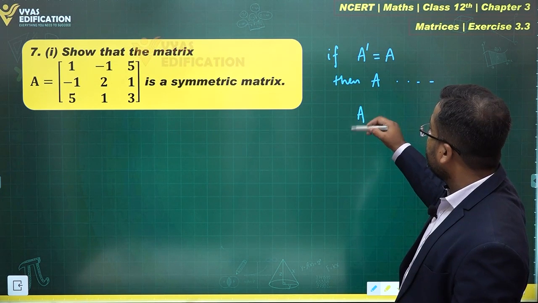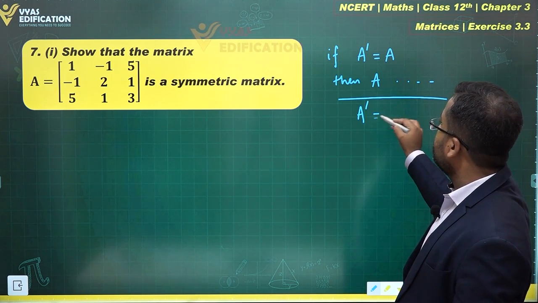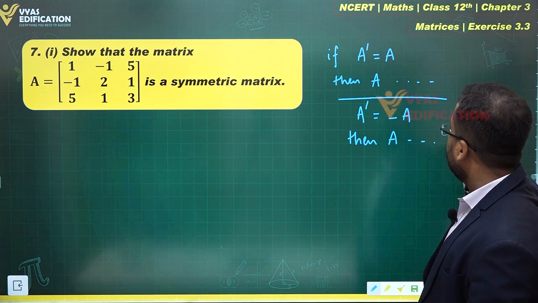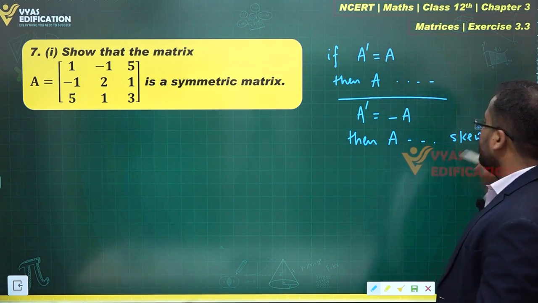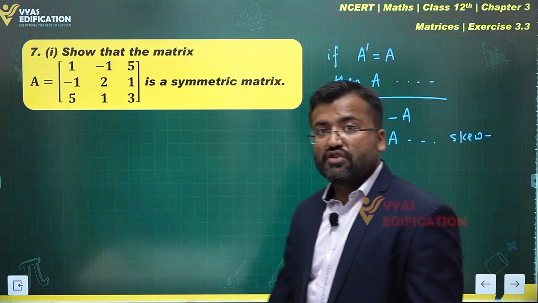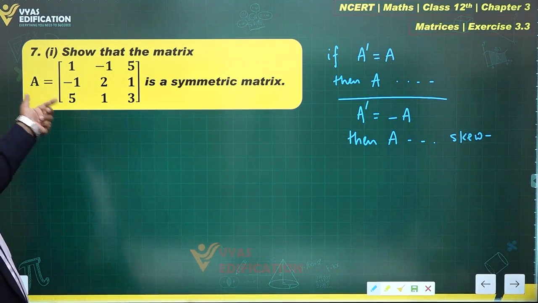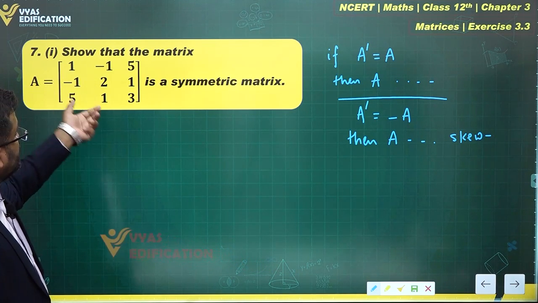Skew symmetric matrix: in the case of a skew symmetric matrix, if A transpose becomes equal to minus A, then matrix A is called a skew symmetric matrix. Here in this particular question, we are supposed to show that this is